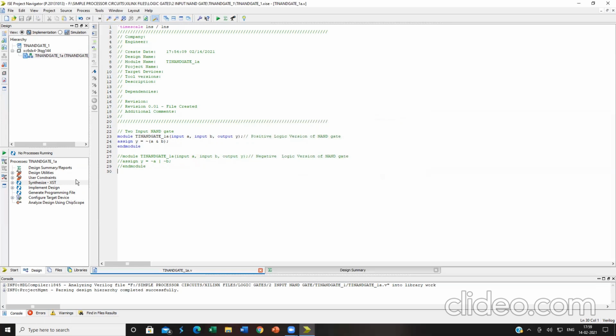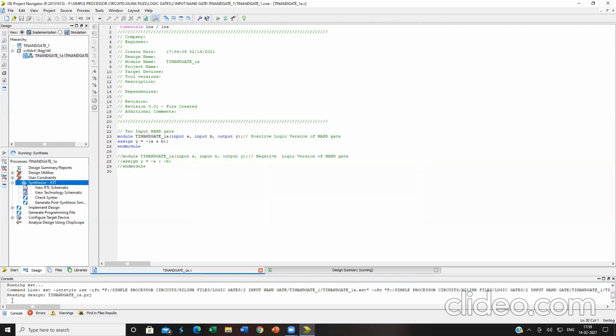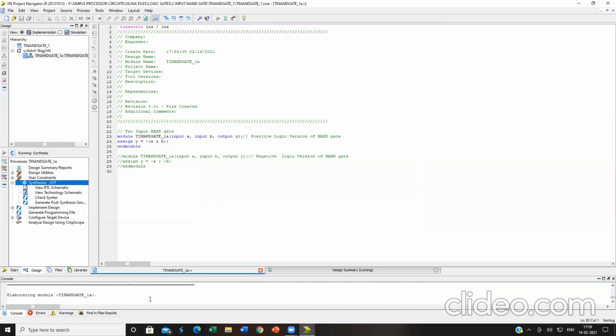No need to do anything. Go to Synthesize XST and double click it. Here, this is the console which will be displaying the set of operations this particular software is performing. Here, it mentions the maximum combinational path delay to be 5.259 nanoseconds.